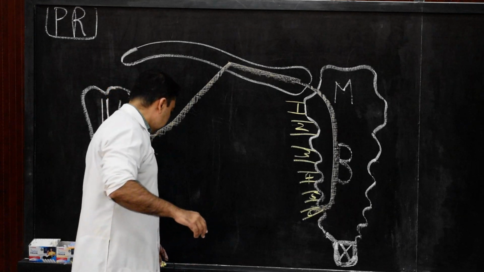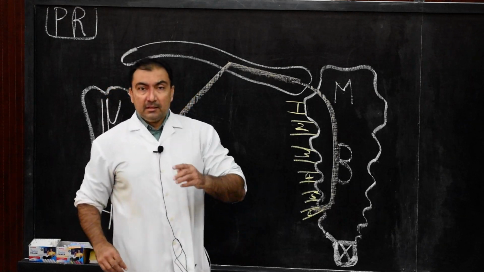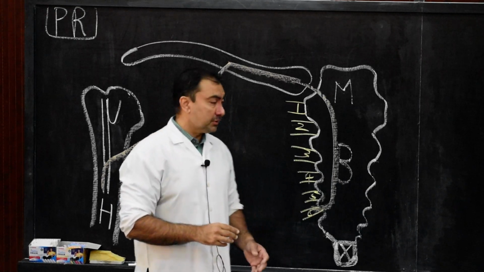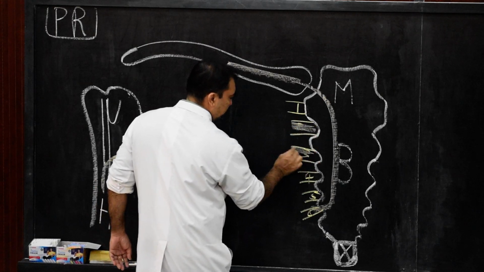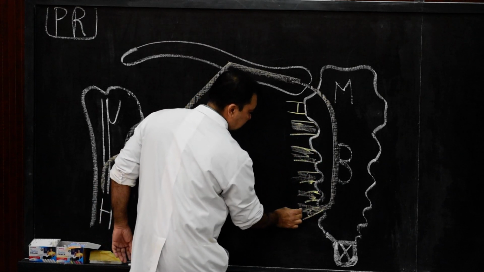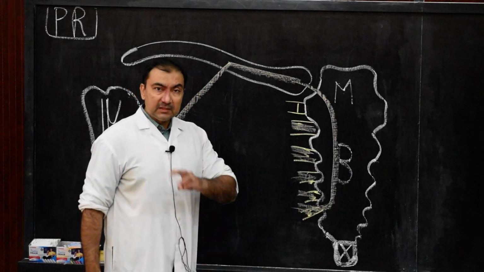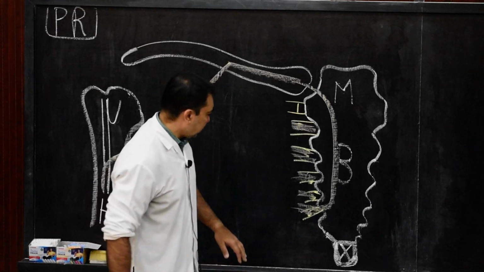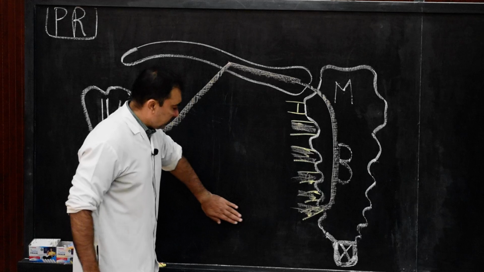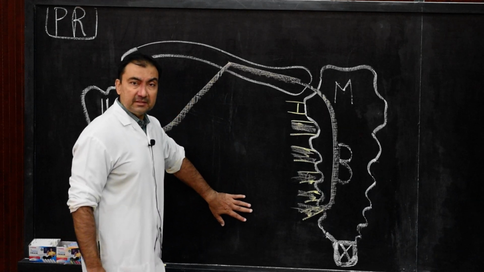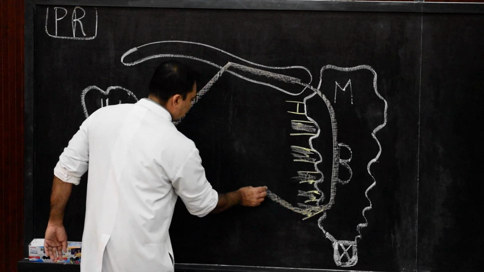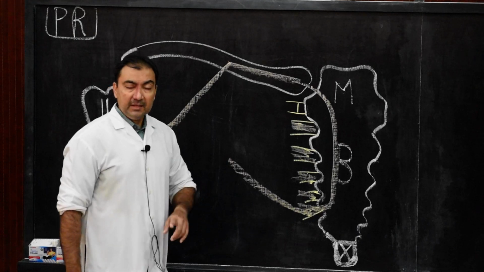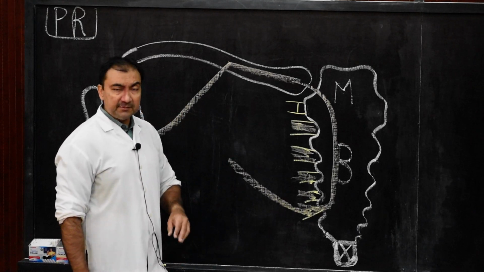So the second point of origin from the sternocostal portion will be the second to sixth costal cartilages. This is very important. The third point of origin will be from the aponeurosis of the external oblique muscle of the abdomen. So from the aponeurosis of the external oblique muscle of the abdomen, there will be the origin of the sternocostal fibers of pectoralis major. Once again, I'll repeat, sternocostal fibers of pectoralis major, three important points.